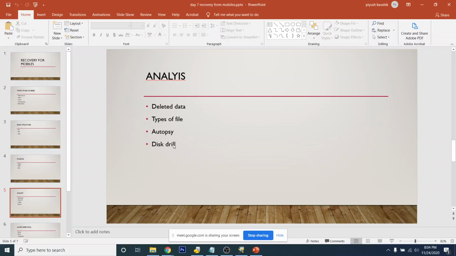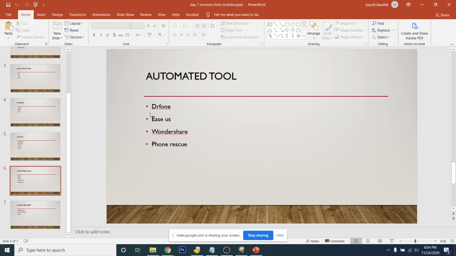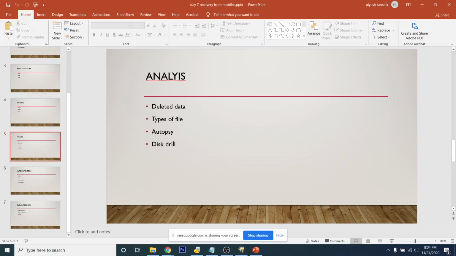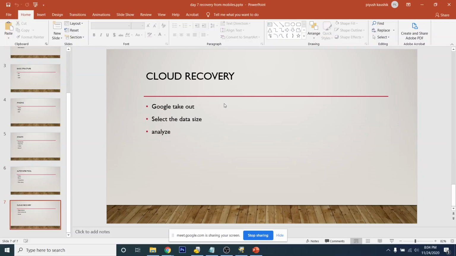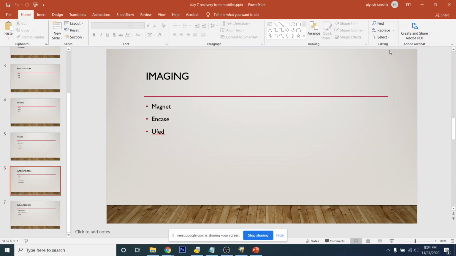There are Autopsy and TestDisk. And if you say automated tools, there is Dr.Fone. It is also, I think, open source. Yes, it is a bit open source. EaseUS, Wondershare, PhotoRec. In case you failed, Cellebrite, Oxygen and UFED are always there in the market for mobile phone forensics, data recovery, and all the things related to mobile phones, and even for forensics. These are costly, but yes, they do the work you give them. These are automated. You just have to click, and they can get you most of the data as per your requirement. Then there is cloud recovery. I'll be showing you what cloud recovery is.